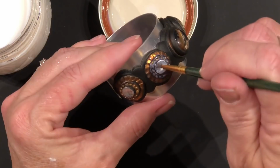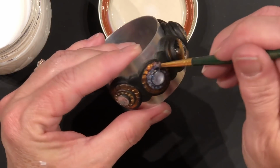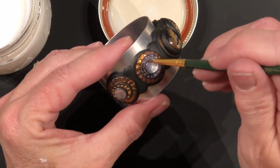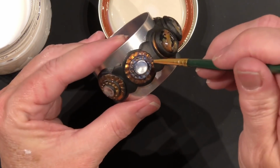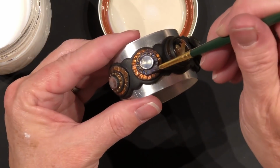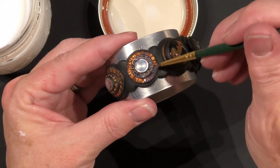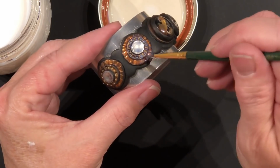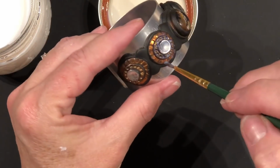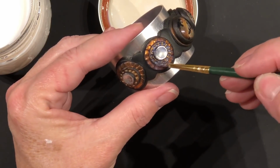So I'm going to take my brush and kind of pull. Actually, let's get these edges first. And then I'm going to kind of pull most of the varathane out of these little holes because you really don't want it to pool in there. And we can pull some of that down to the lower level of the next one. And because I'm not sure yet if I want to do that, I think I am going to go that route. But I don't want to get it on the black yet, just in case I change my mind and don't want to